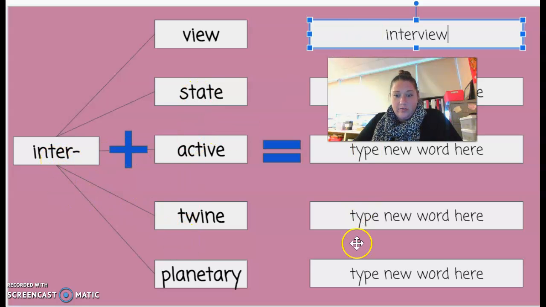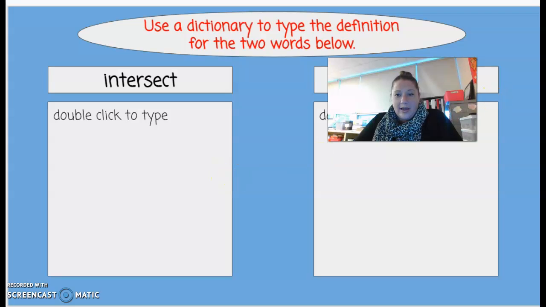After you have made all 5 of your words, you will then click to the second slide, which I'm going to show you now. When you add a prefix to a word, it changes the definition of the word. So you will need a dictionary and you will need to look up the 2 words that you see here. You will see the word intersect and the other word that I believe is hidden by my head right now, intervene. So using a dictionary, you will need to find the word intersect, double click in here and type the